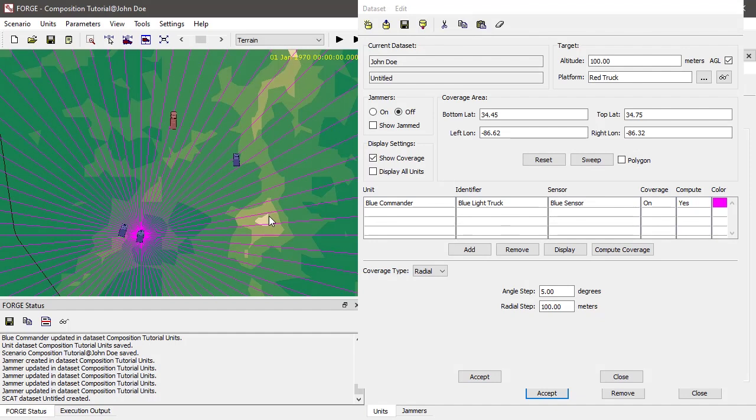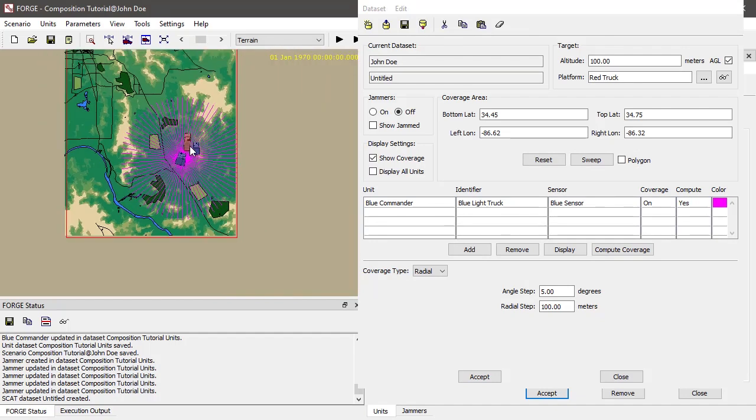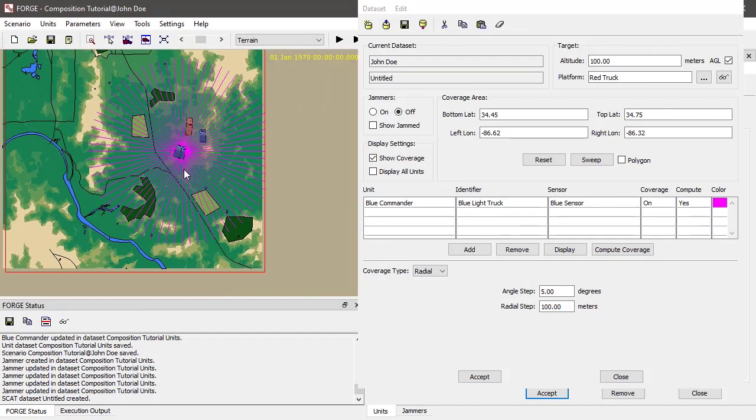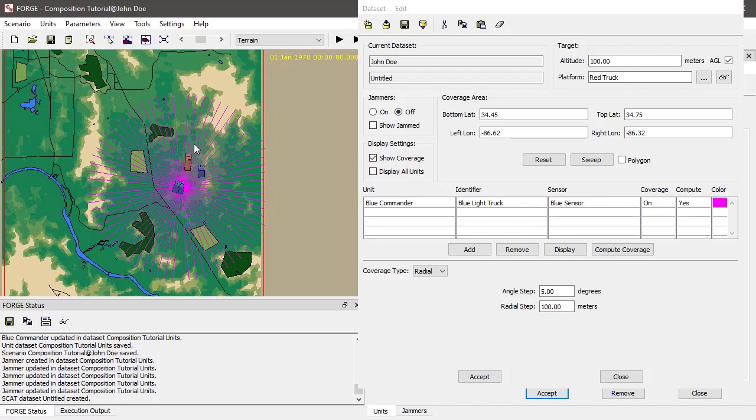So this is showing me what this sensor could detect. Because I don't have terrain masking turned on for this particular sensor, it's able to see in all directions. And I built the sensor to be an omnidirectional sensor, so it doesn't have a field of view limit. It's limited only by range. If I turned on terrain masking, and you can do that yourself, we did that in an earlier video, we modified the sensor meta object and turned on terrain masking,